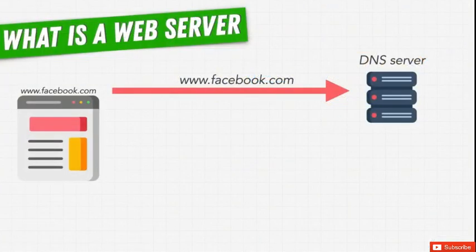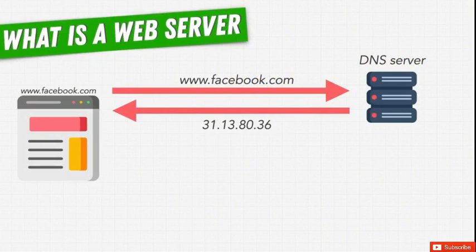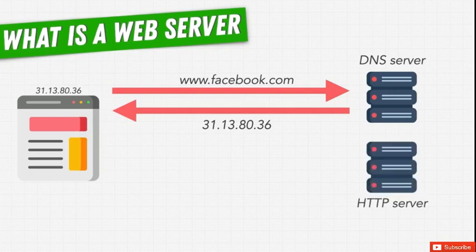And this IP address is what the DNS server sends back to our computer. It's usually a set of 4 numbers between 0 and 255, which are separated by periods. It's this IP address that we then use to communicate with the server,